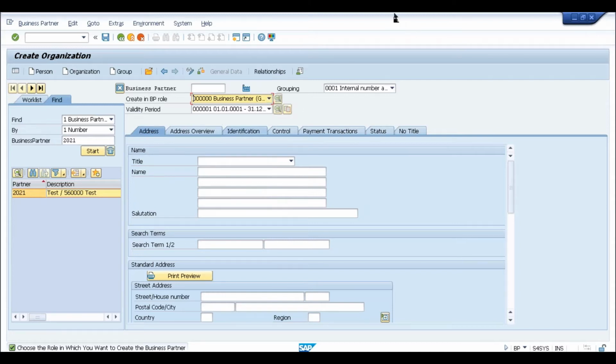Okay, let me just answer 1 or 2 questions from the chat. There are a lot of questions on the chat screen now, so we'll go one by one. Arijit asked earlier, I think he must have got his answer by now. If you are creating the customer, will it not be under person? It will be under organization always. Whenever you are creating the customer and vendor, it will always be under organization.